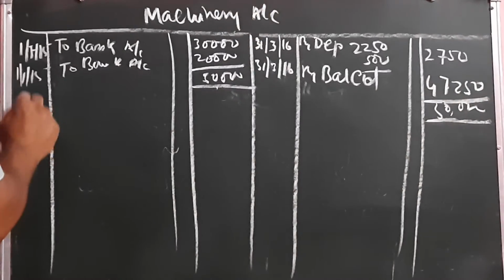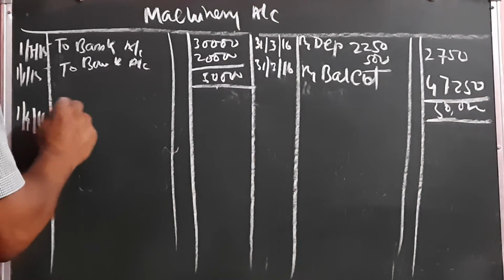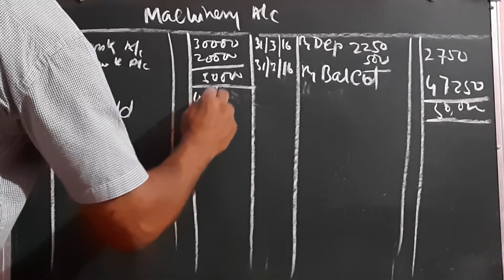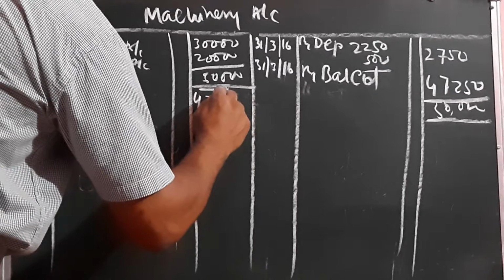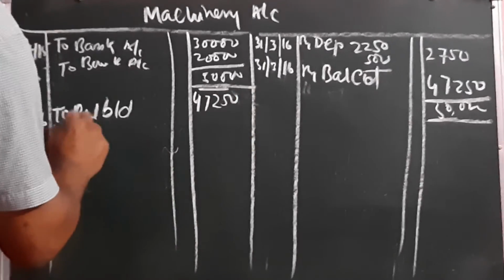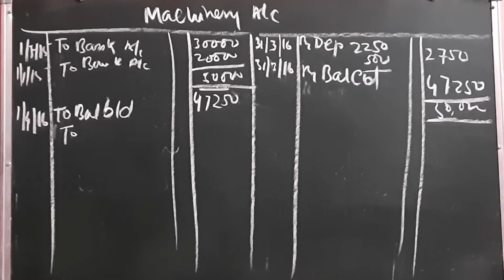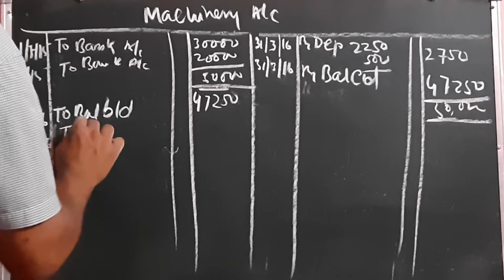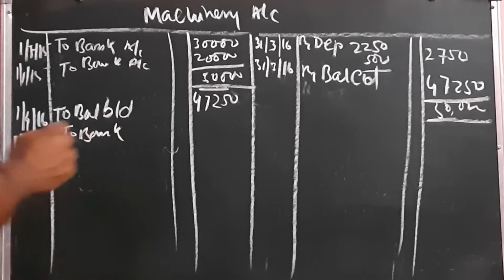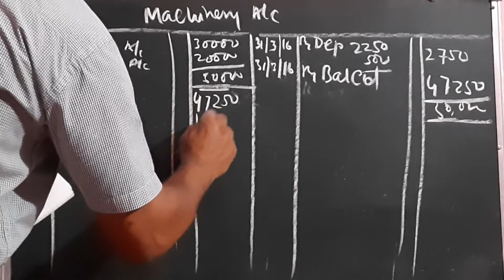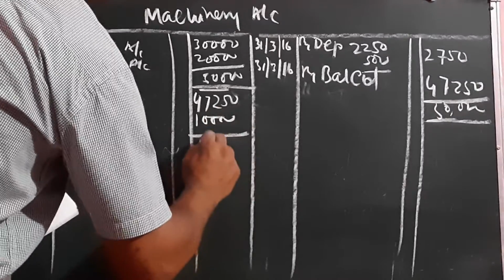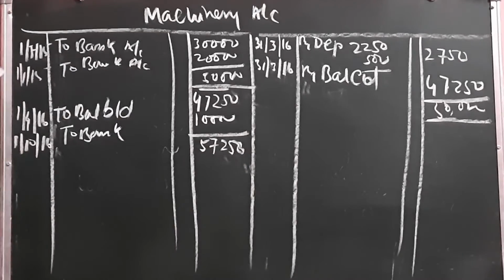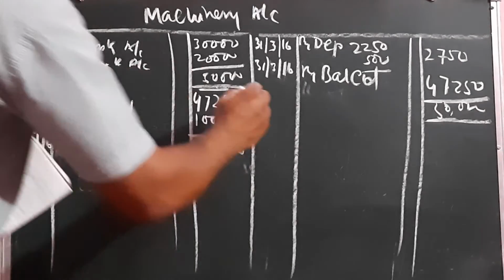In the second year, on 1st April 2016, to balance b/d it is 47,250, and one addition is made on 1st October 2016, one more addition for rupees 10,000. So the total is 57,250. The depreciation charge for this year, on 31st March